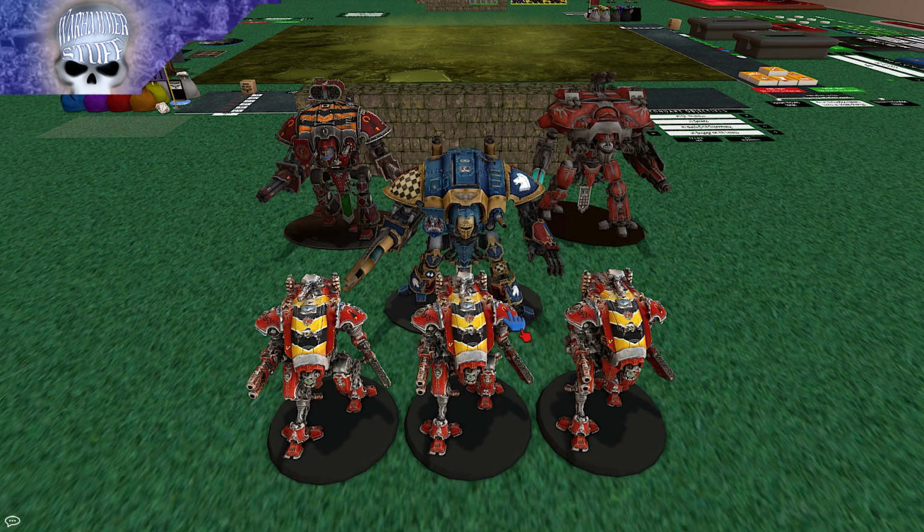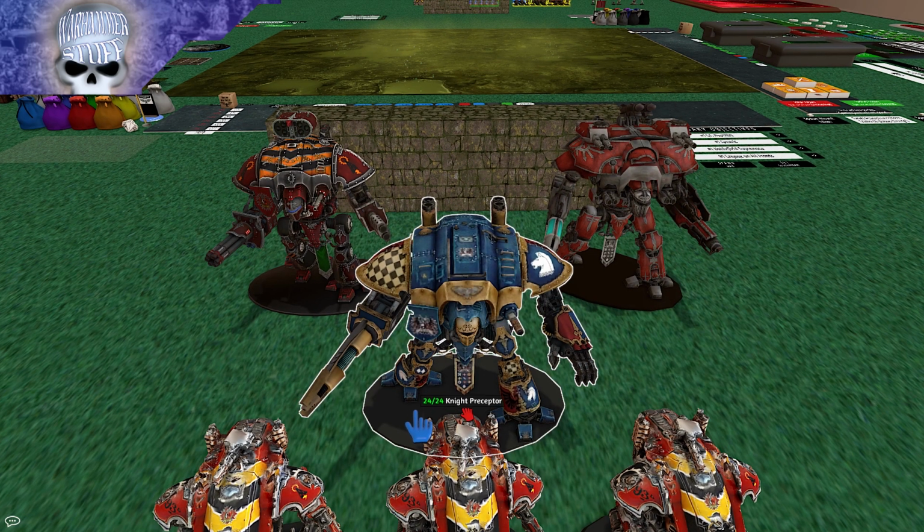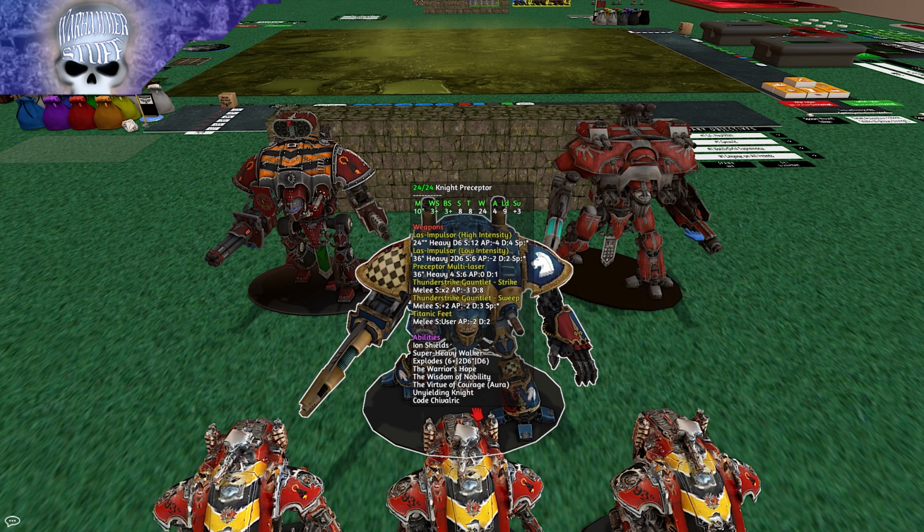Behind him is a Knight Preceptor, which is basically the Imperial Knight Chaplain, so that's kind of cool. Let me just try and find his target box here. So I took away his chainsword and I gave him the Thunderstrike Gauntlet. I thought it would give him a little bit more damage potential. It technically gives him a few less attacks, but that's okay. And he has 3, I mean all Knight Preceptors do, but he gets 3 of the